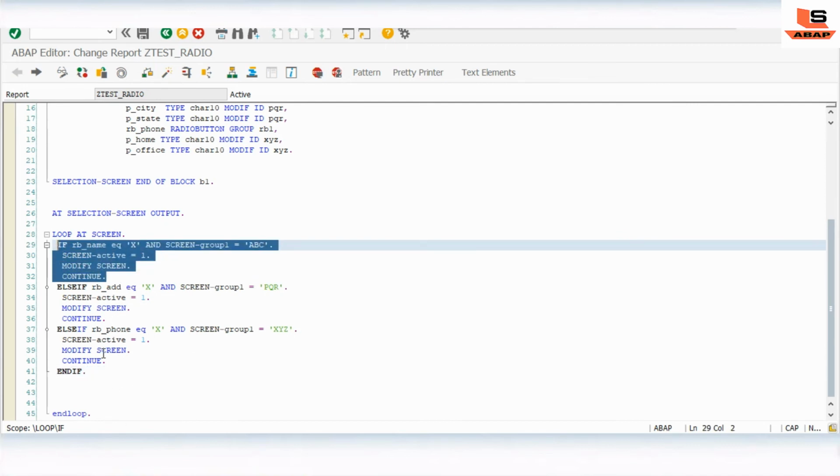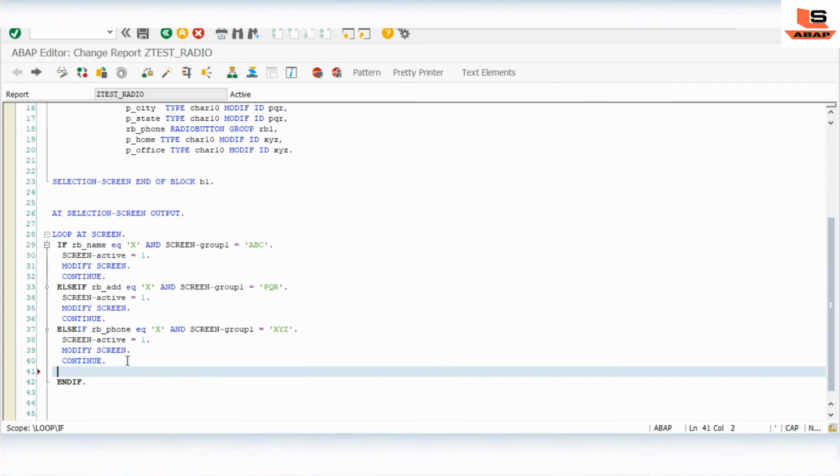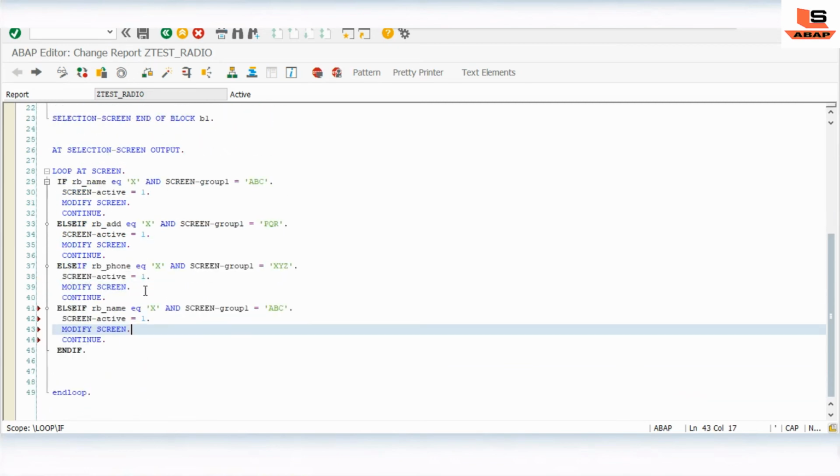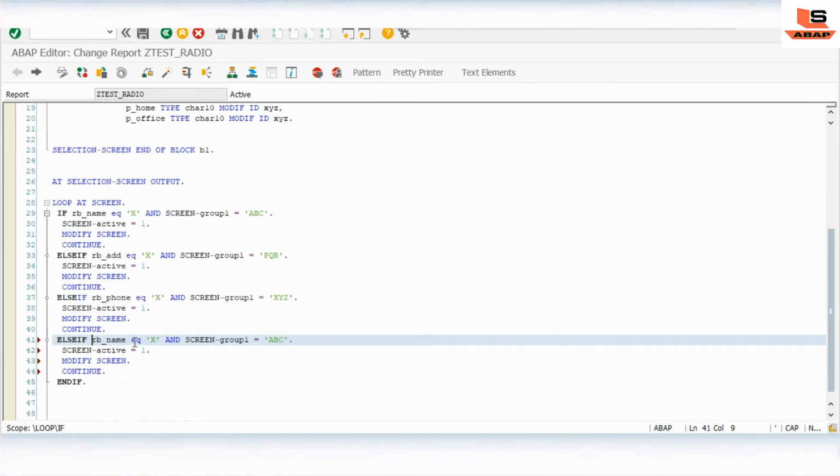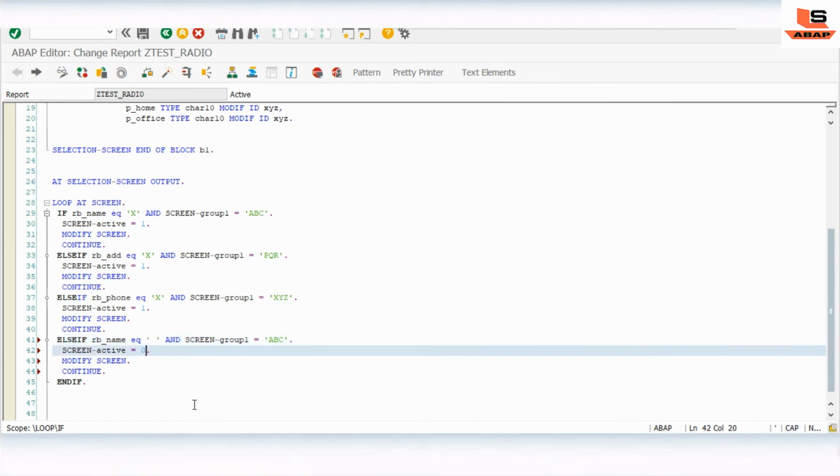Just see what I'm doing. Copy the same logic, save it. And as you can see here, radio button is equal to space, and here 0.